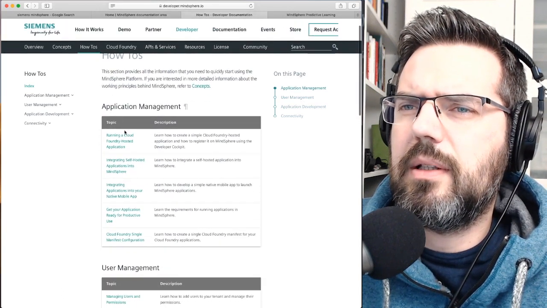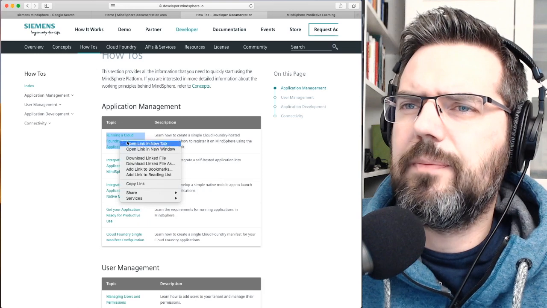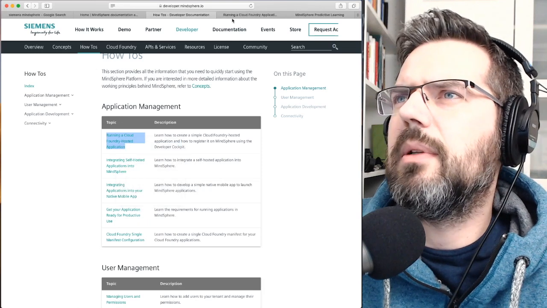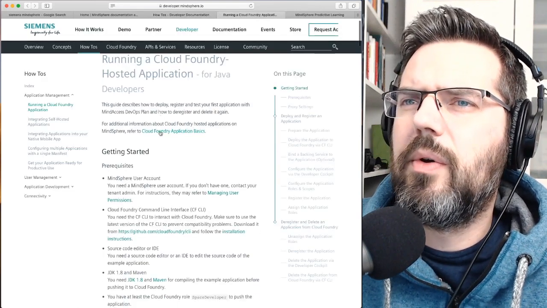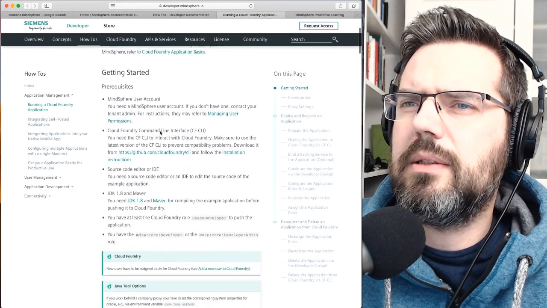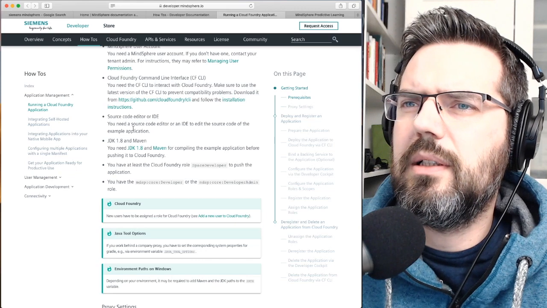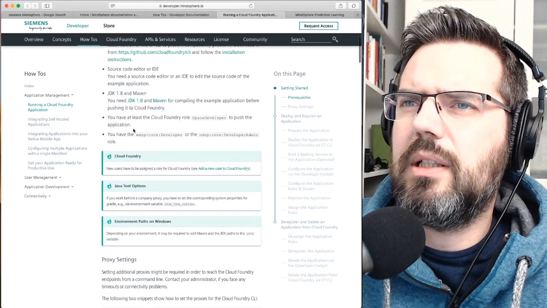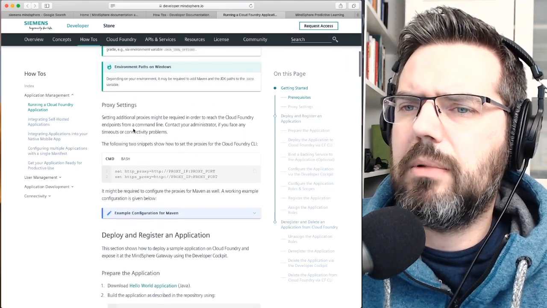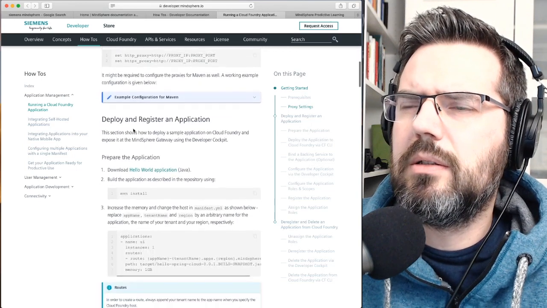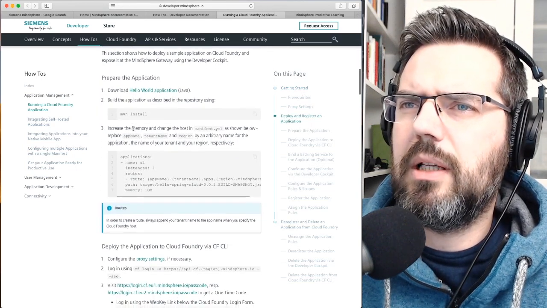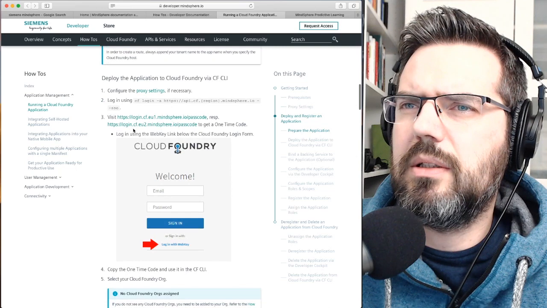Okay, now let's look at this. Running a Cloud Foundry hosted application. And developers getting started. You need a Mindsphere user account, Cloud Foundry CLI, source code, JDK and Maven. Set the proxy, set the application name, install this.